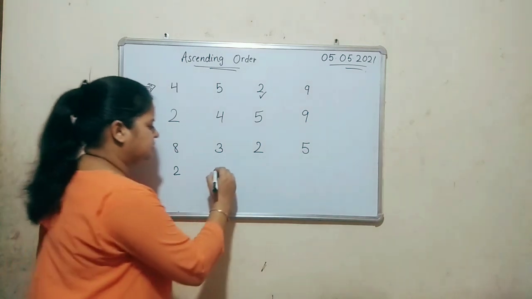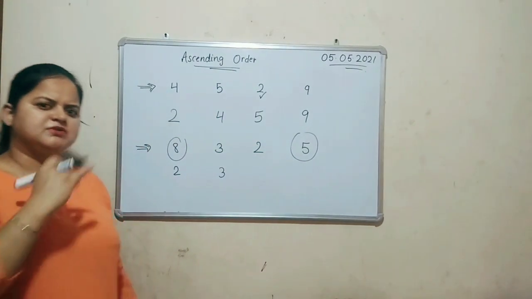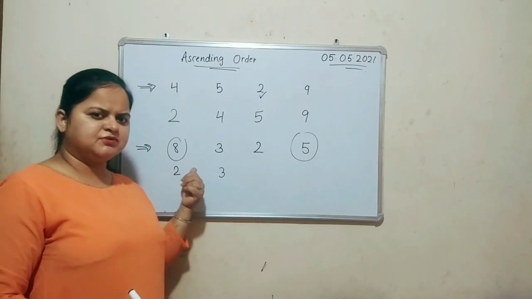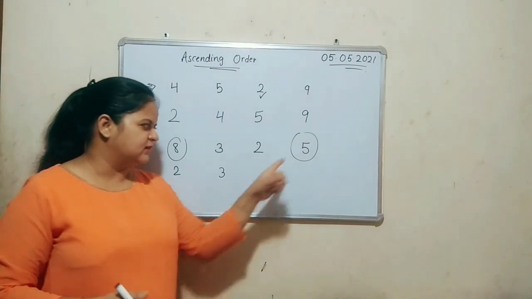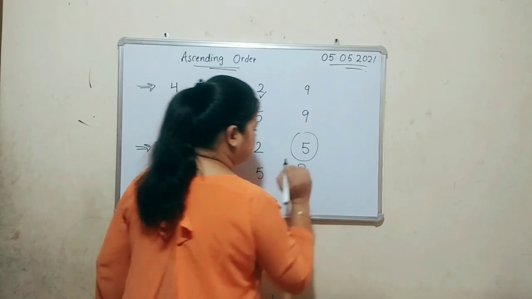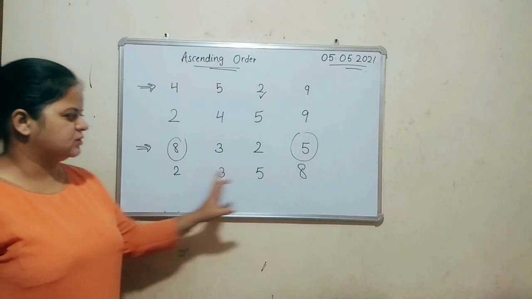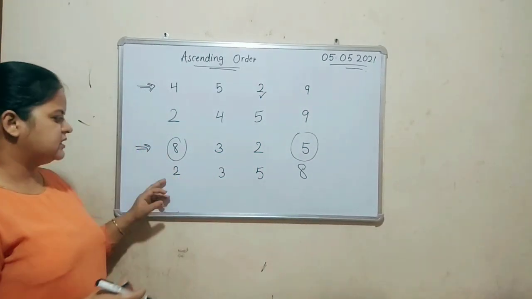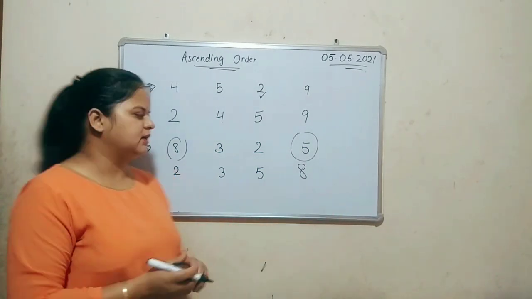3. Very good. Now we have left only these two. Which comes first and which comes after? 8 comes first. 8 पहले आएगा जब हम काउंटिंग स्पीक करते हैं. No, very good. 5 will come first. So 5 is smaller and 8 is the greatest number from all these 4 numbers. Okay. So this is called ascending orders. 2, 3, 5, 8. To arrange the numbers from smallest to greatest is called ascending orders.